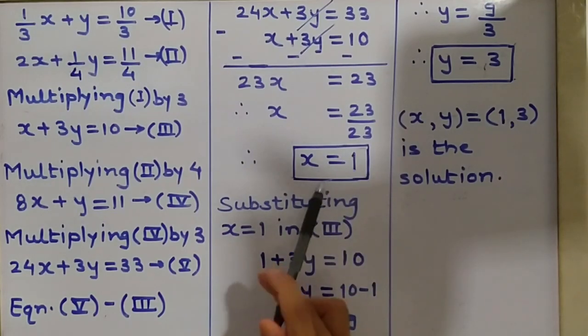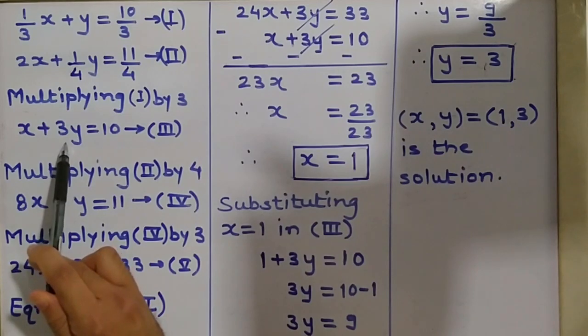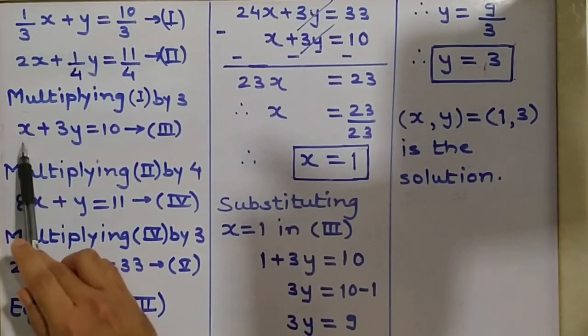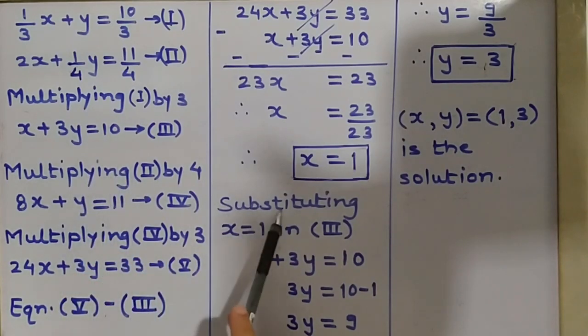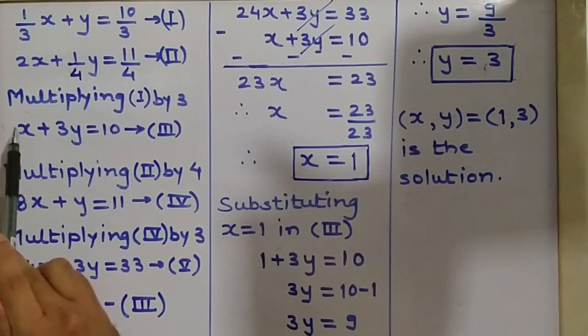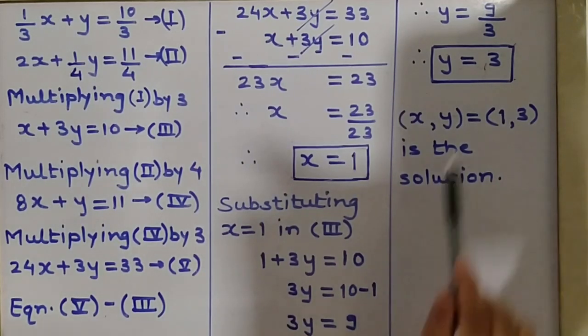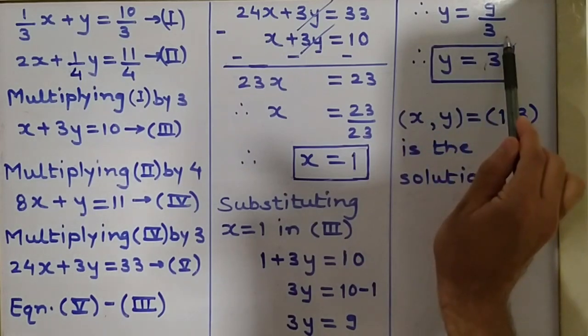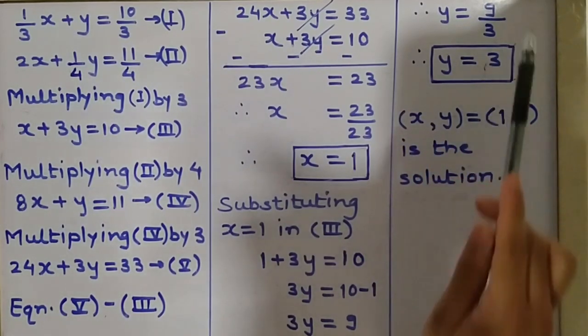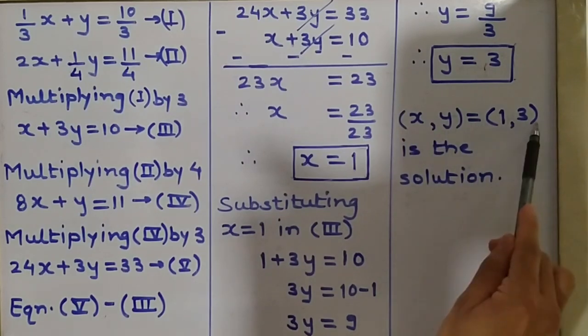This value of x you will put in equation number 3. So equation number 3 is x plus 3y is equal to 10. आप x का जो वैल्यू 1 मिला है वो सब्सटीट्यूट करोगे, x की जगह पे 1 डालोगे आप, सो ये बनता है 1 + 3y is equal to 10. ये +1 राइट में जाके -1 बनेगा, so you will get 3y is equal to 10 - 1, so 3y is equal to 9. ठीक है, so 3 will go on the right hand side and it will get divided by 9, so आपको मिलेगा y is equal to 9/3, so y का वैल्यू है 3. So therefore x comma y is equal to 1 comma 3 is the solution.